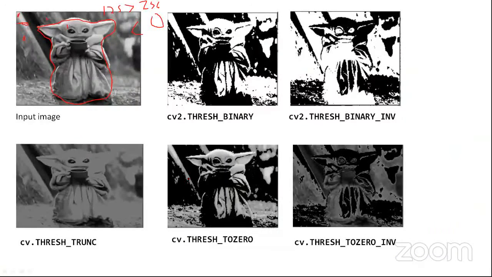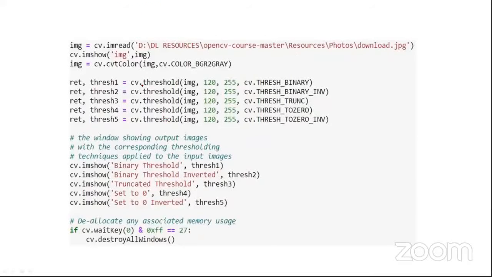So we will see by the example. Here you can implement it. I have used all the 4 techniques. cv.threshold: I give the image, and I take the threshold 120. We have to check the image by giving different thresholds. We usually start with 100, and then you can increase. We can use 120, so that you can get a better result and your foreground is way more separated. If you increase to a higher threshold or lower threshold, you have to check it yourself.